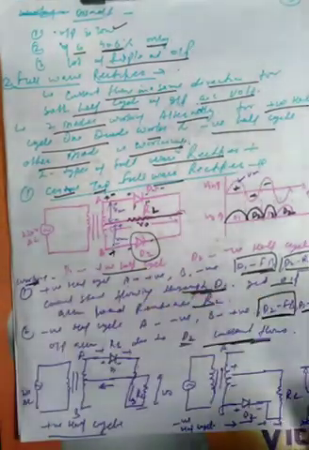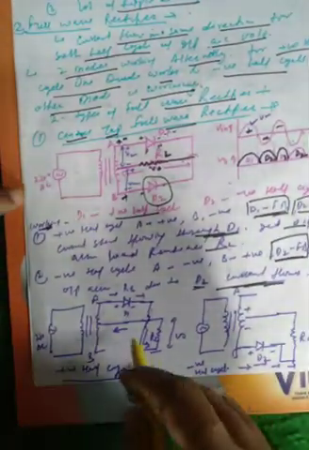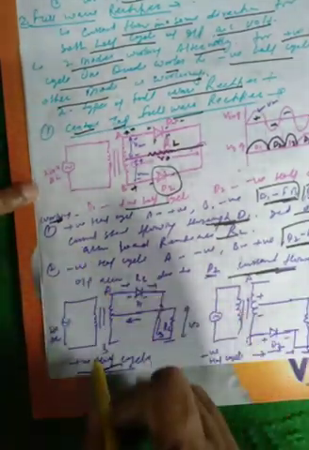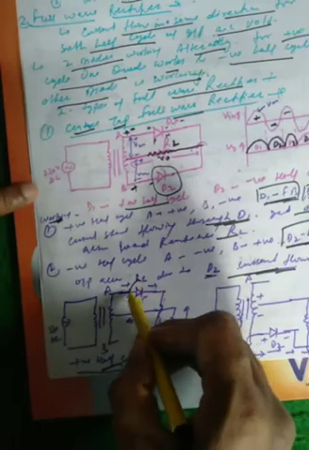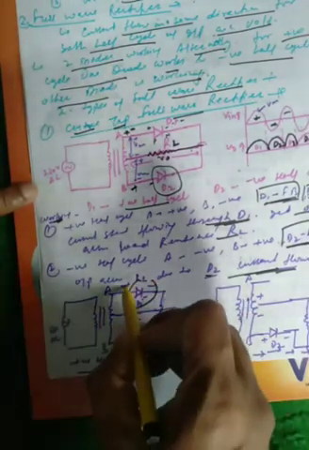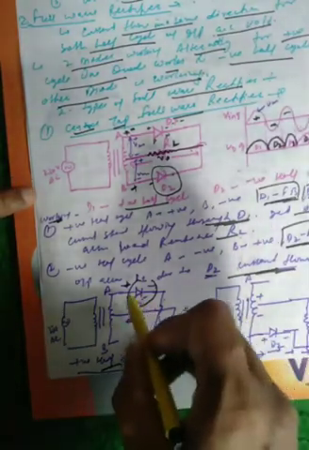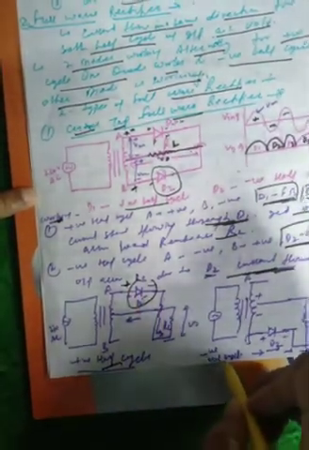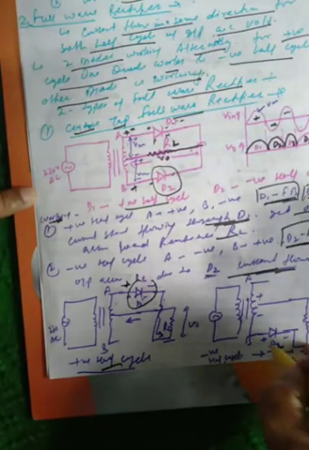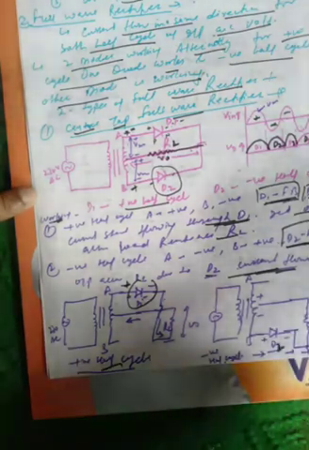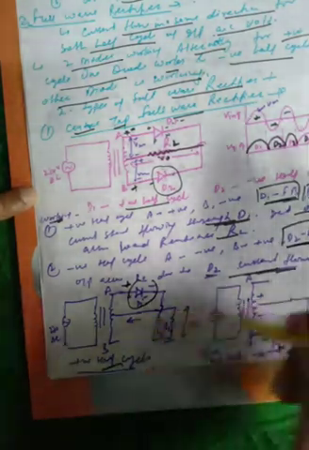This is the working of the center tap full wave rectifier, which is explained separately. You can see in this diagram, for the positive half cycle only the first diode is working, and D2 is in reverse bias, so no current flows through D2. During the negative half cycle, D2 is conducting, it is in forward bias, so current flows through D2 across the load. You can see these two diagrams separately.